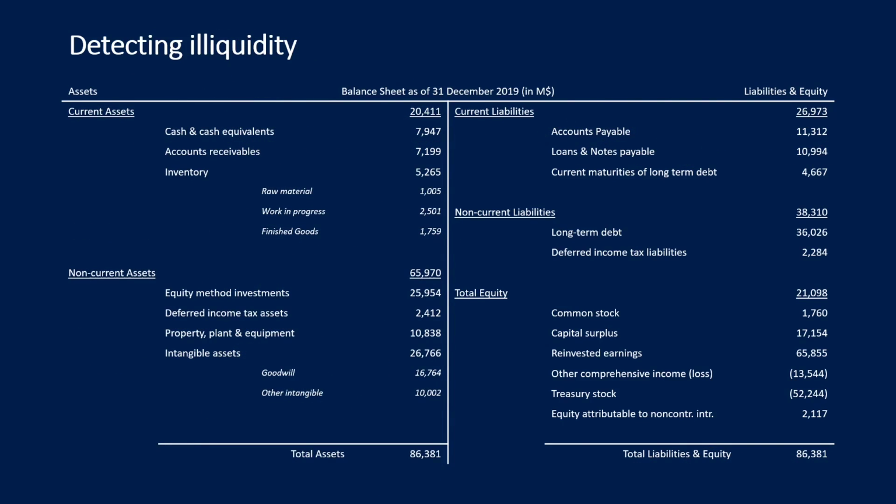Let us now define ratios for detecting illiquidity. So what is liquidity? The liquidity is cash and cash equivalents, of course. And this is our liquidity. My first idea about calculating something like a cash ratio was to divide the cash and cash equivalents by total assets.